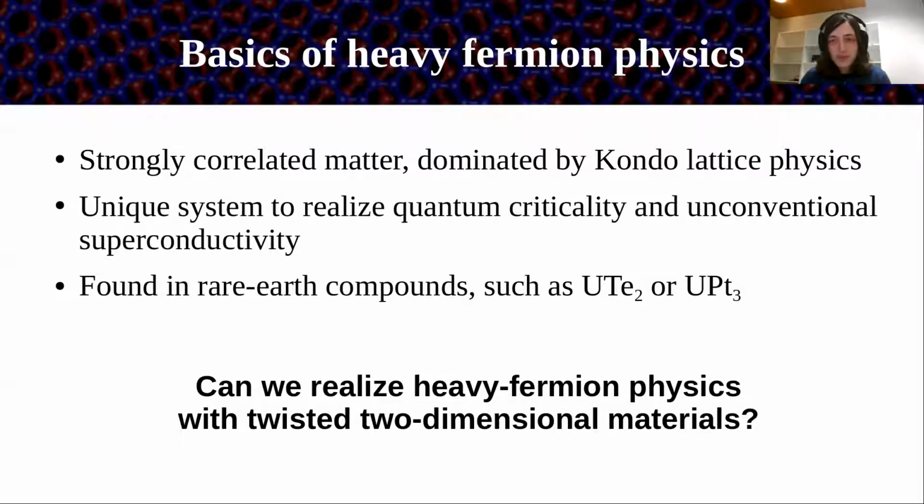So, and that is, of course, something very inspiring for us. The not so optimal thing is that heavy fermion physics usually only appears in rare earth compounds, namely in compounds that have things like uranium or plutonium, or let's say this kind of elements that, in certain cases, are not optimal to have in a certain material. So what we want to do now is see whether we can realize heavy fermion physics with